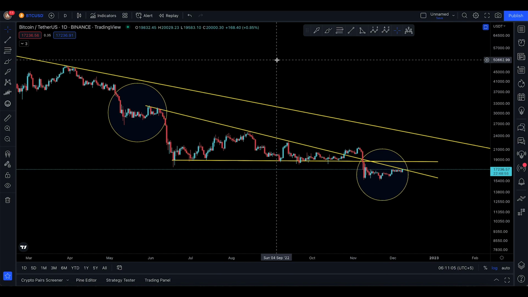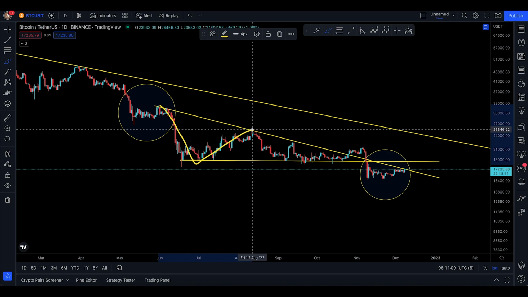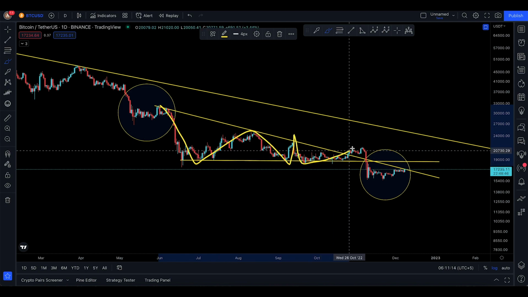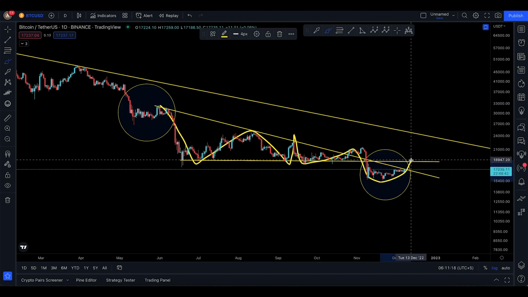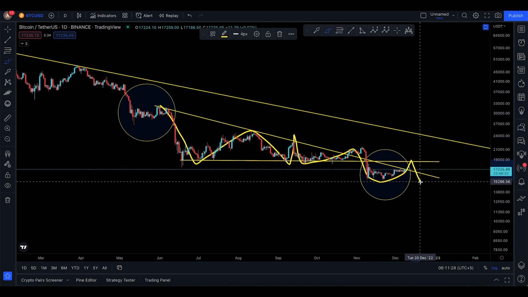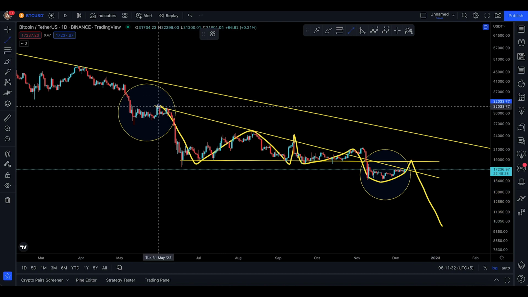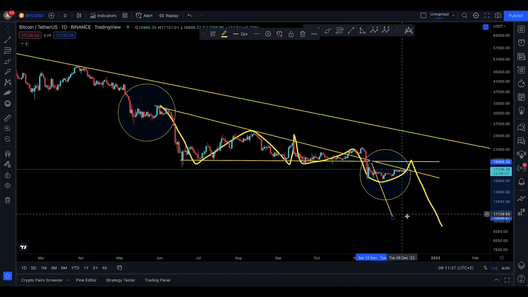But after that, 10,000 is still in play, because you can see very clearly that this moved down, one touch, second touch, move down, third touch, fourth one, fifth one, fake out here, move to the downside. Maybe that's the only retest you can expect if it happens. I cannot really say, but let's say it does happen, you go up there. But then what after that? You get rejected here and then move to $10,000, because that's your technical target from the top here to the bottom right there, and this is where you're breaking it out.